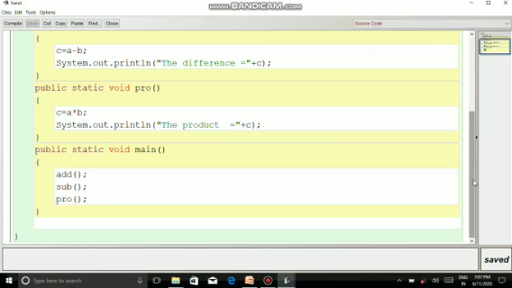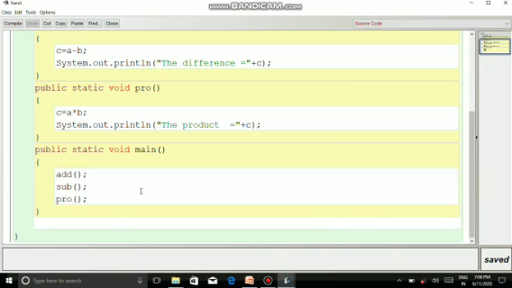There if you wanted to call the add method, then you have to right click and call the add method separately. Again sub, if you wanted to call sub, then again right click, call the sub method separately. But if you want to call all of them together or only two or three methods together, then you have to put them inside the main method, and the flow of the function will be from top to bottom.